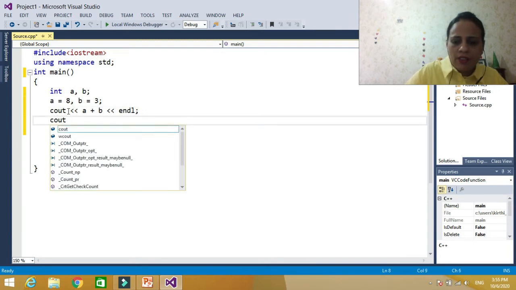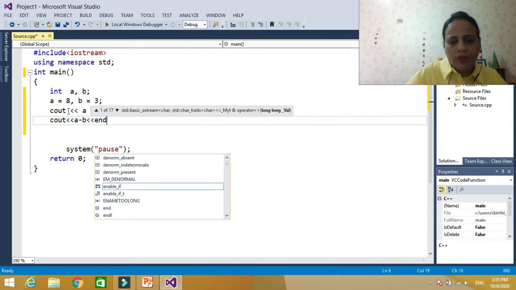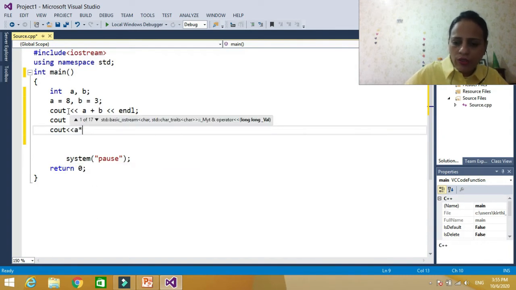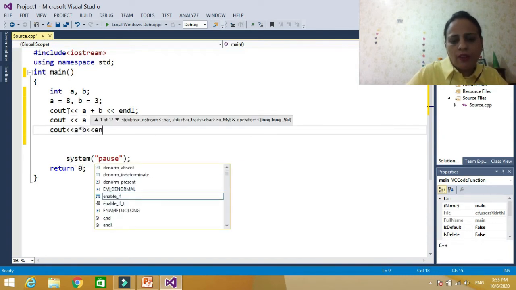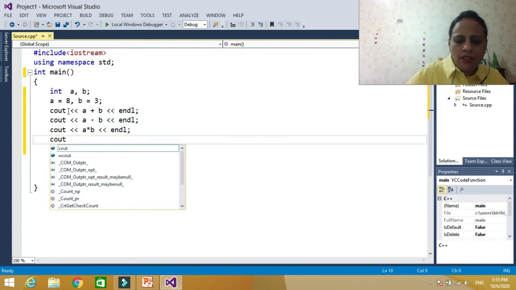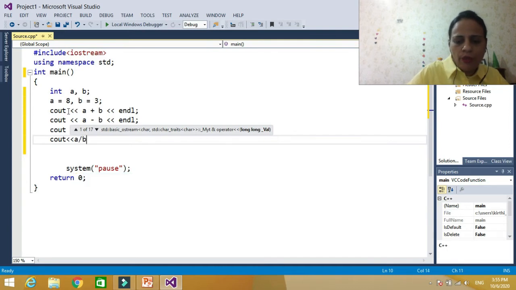Then the difference, cout a minus b, endl. Then multiplication, cout a into b, endl. And then division, cout a divided by b.